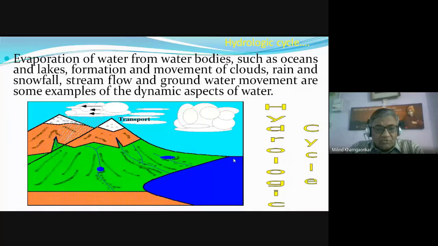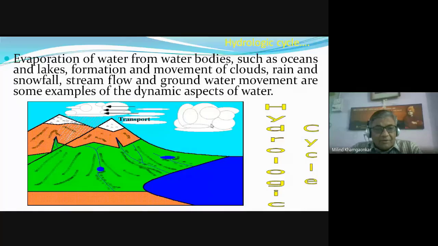And after this water gets converted into the vapor state, due to the evaporation, its density being less than the air, it moves upwards, and after reaching a certain height,